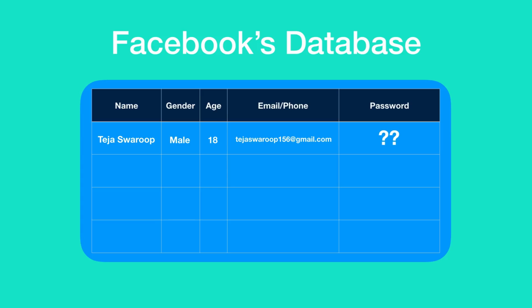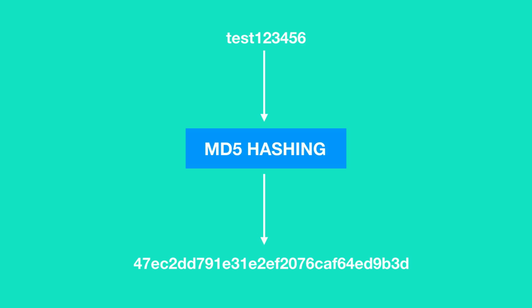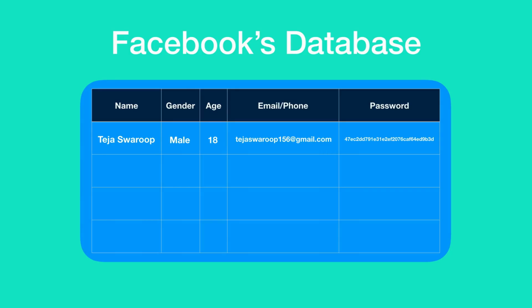But what about the password? As I told you, a password will never be saved as plain text in a website's database. So this password is given as input to a hashing algorithm, and the output given by this hashing algorithm is the encrypted form of the password, which appears to be random but is not. This hashed password is saved in Facebook's database but not the plain text, which means the password you entered will never be saved in Facebook's database as plain text. Instead, only its encrypted, or in other words, the hashed password is saved in Facebook's database.